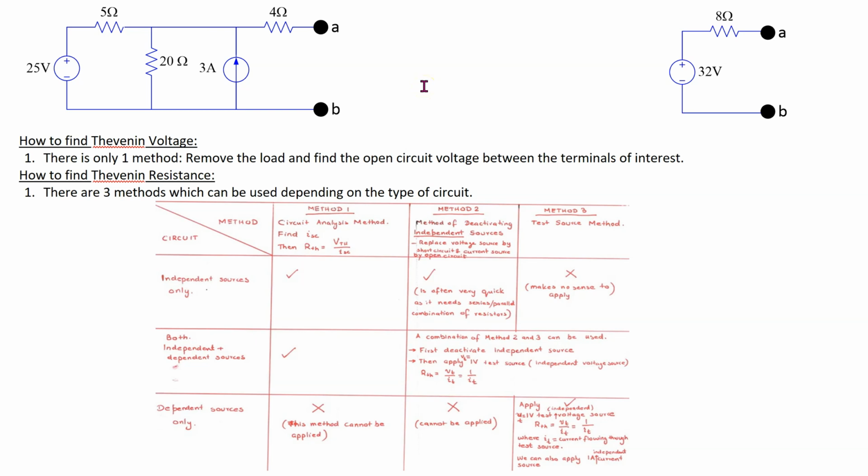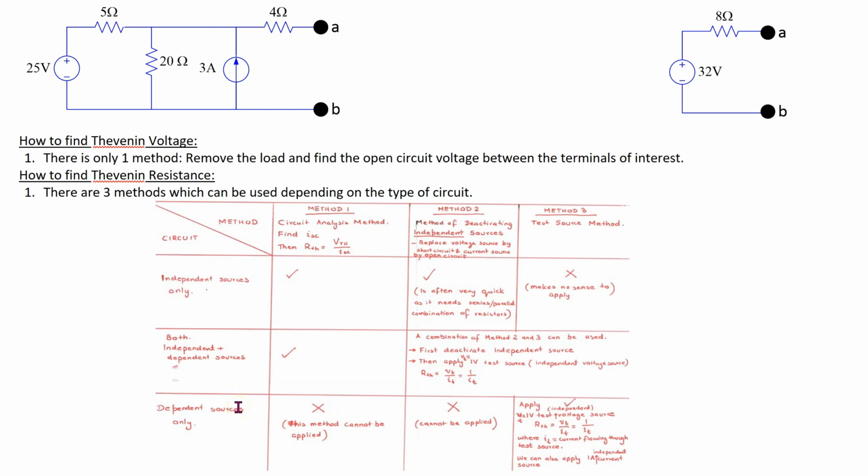In this video, we will look at how to use PSpice to find the Thevenin voltage and Thevenin resistance. Recall that the Thevenin voltage is the open circuit voltage between the given terminals of interest, and the Thevenin resistance can be found using any of the three different methods depending upon what type of circuit elements are present in